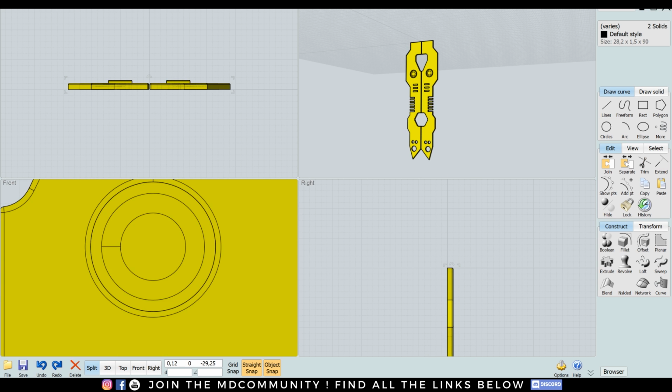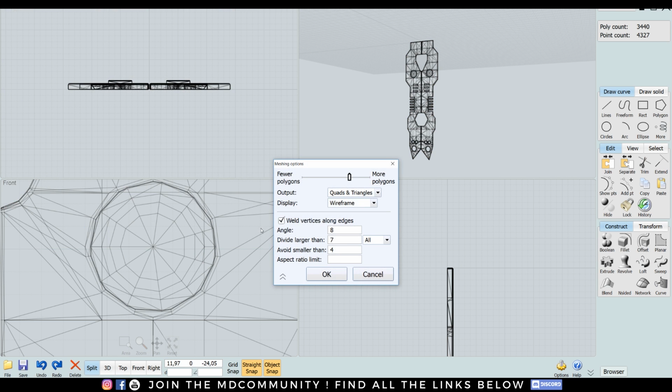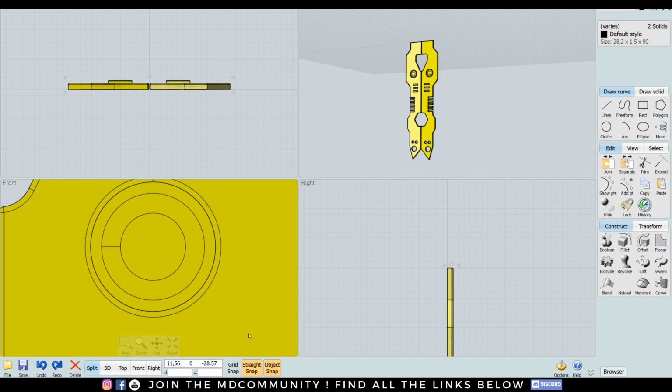Wow, I misclicked. So I will do it again. 0.5, for example, and that's nice. Okay, and I have my object.